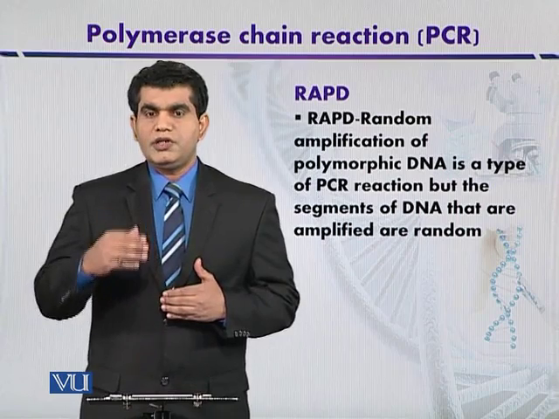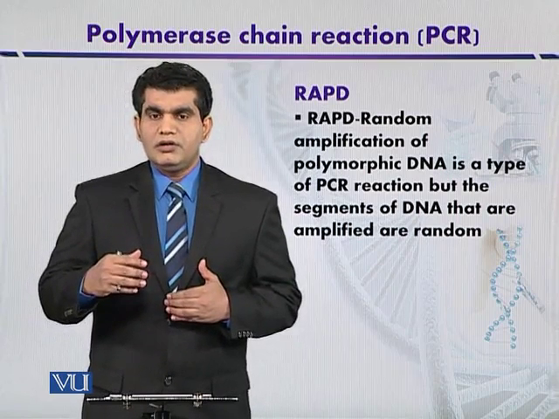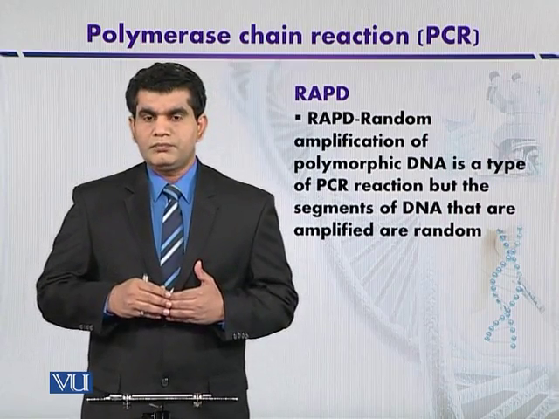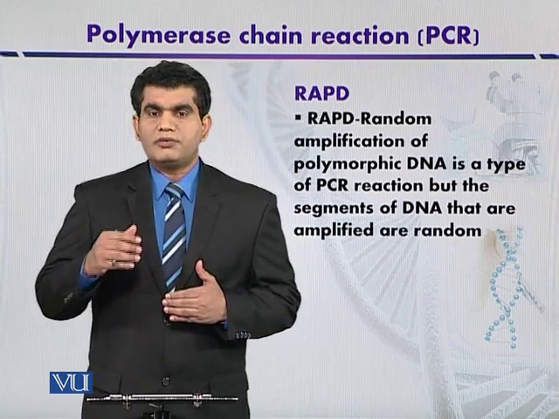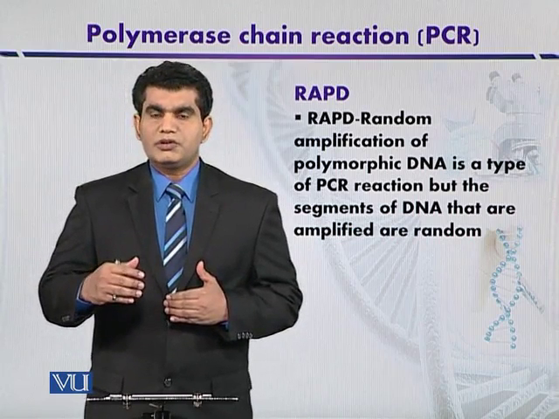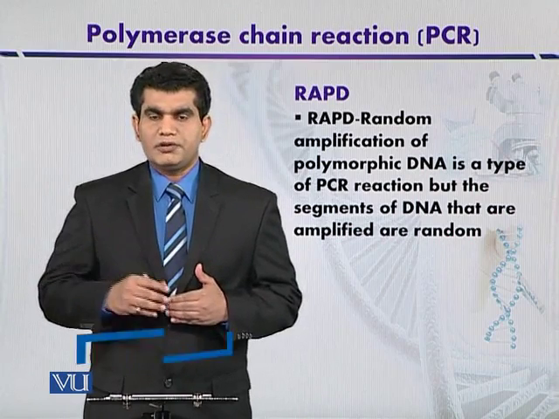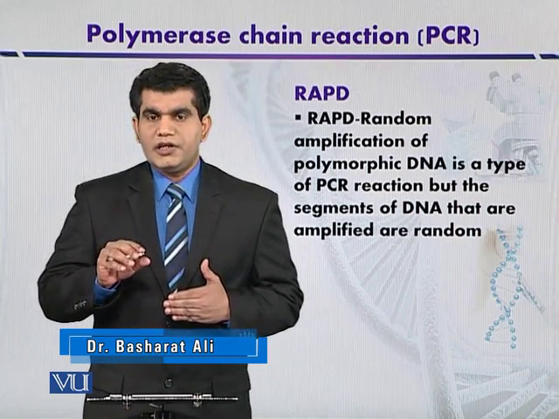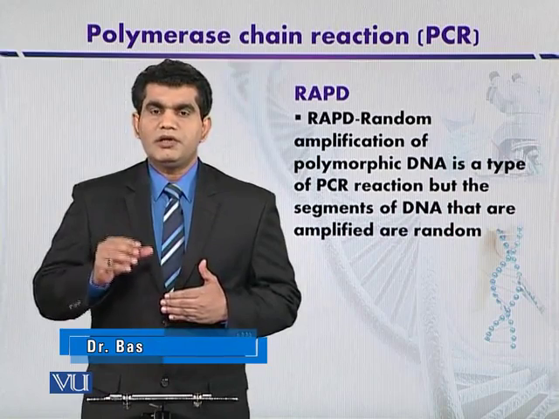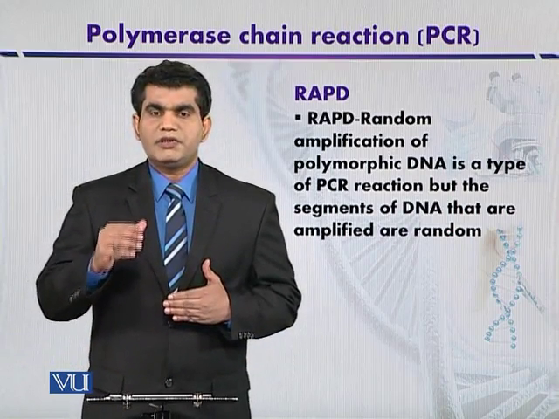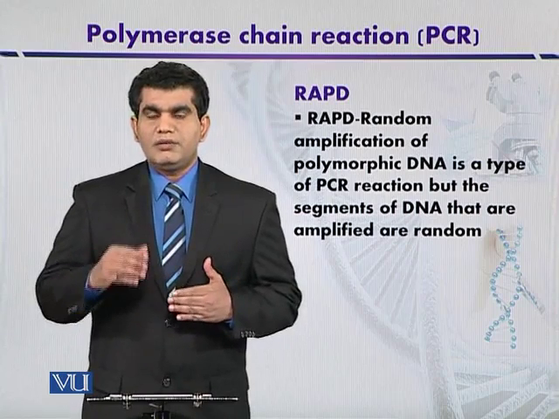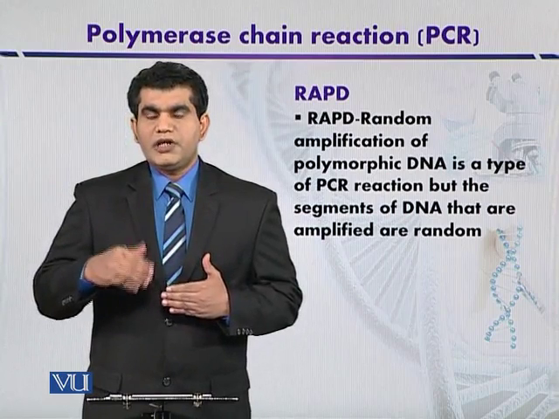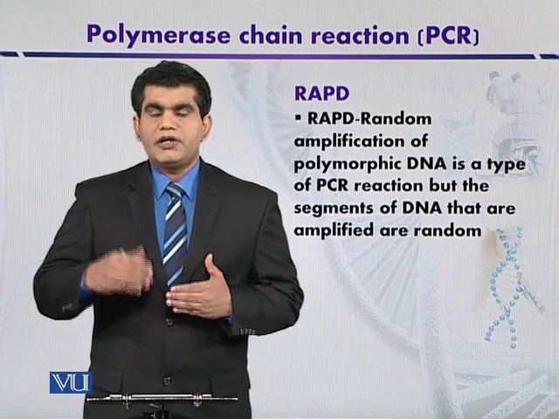The reason is that the DNA fragments we amplify by using PCR are amplified randomly. The reason is that here in RAPD we are not going to use sequence specific primers. The reason is that the sequence of our target DNA is not known to us. So the target is an unknown sequence. So that's why the primers that we are going to use are developed without any information of the target genome sequence,